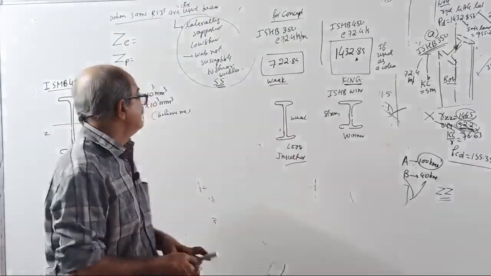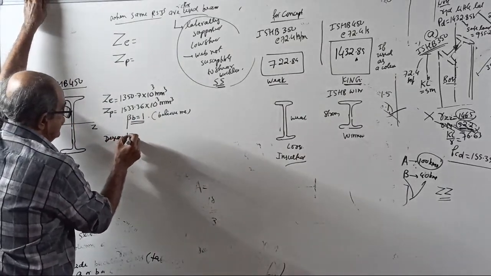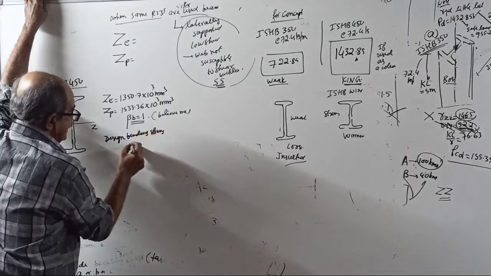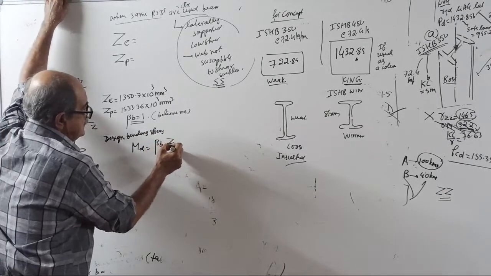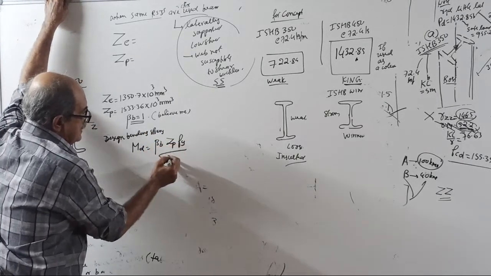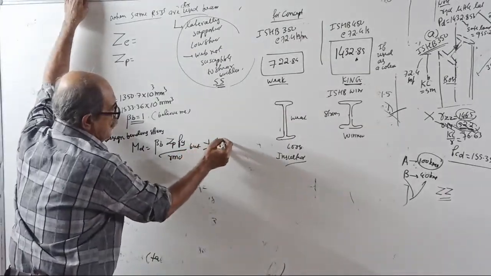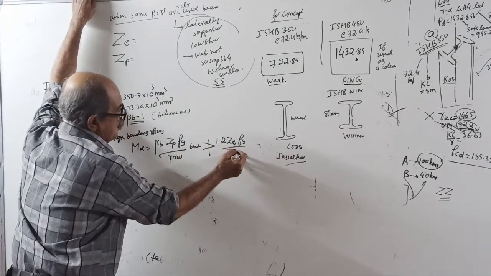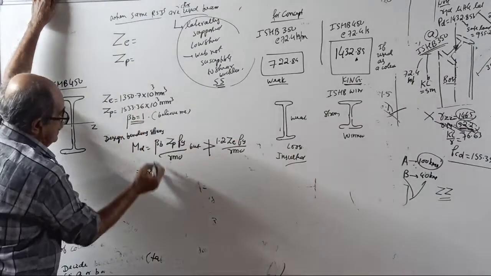Now because it is a beam, the design bending strength is MD equal to beta B ZP Fy by gamma M0, but not more than 1.2 Ze Fy by gamma M0. Answer equal to 1 into ZP